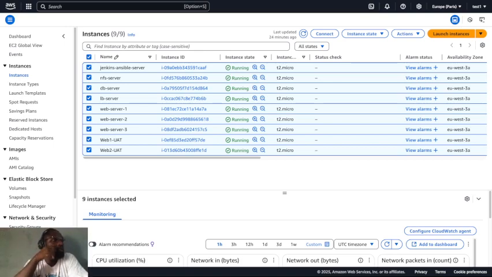solution on the cloud. In the previous tutorial, what we did was to use Ansible to install some basic packages on the servers, which were the NFS server, database server, load balancer servers, and some web servers, basically. But in this tutorial, we are going to go further than the basic configuration we did